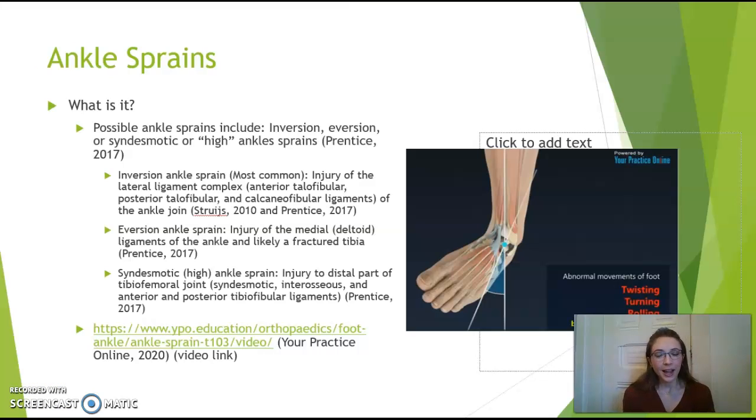So ankle sprains, there's 2 different kinds. There's inversion, eversion, and high ankle sprains, but for this in particular, we're going to just talk about inversion ankle sprains, since that's the majority and most common. For instance, eversion is only 5 to 10% of ankle sprains altogether. So we're going to look at inversion ankle sprains, which